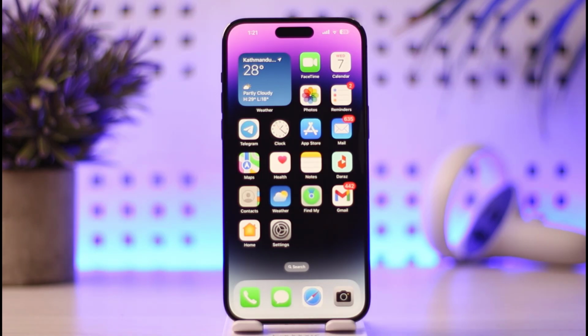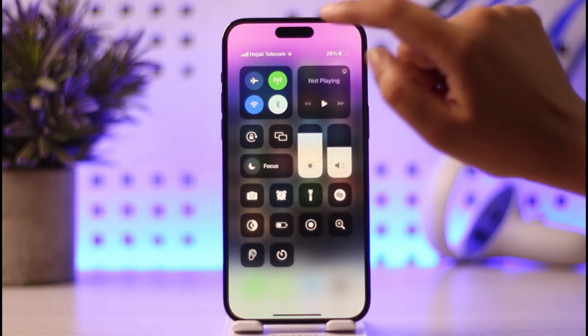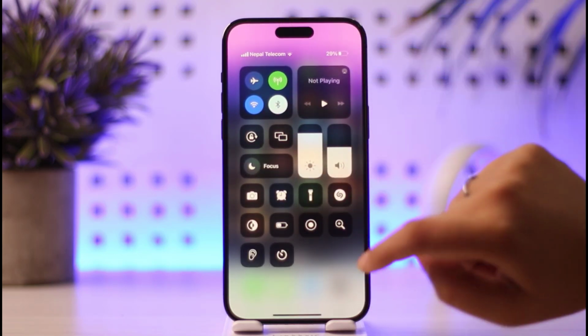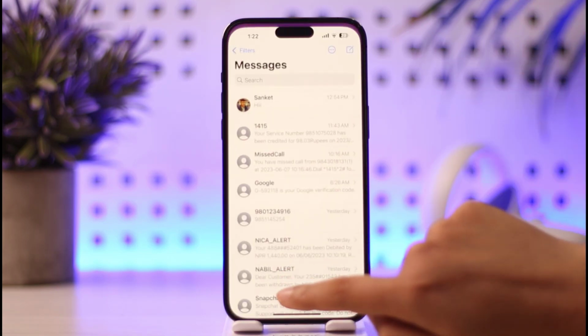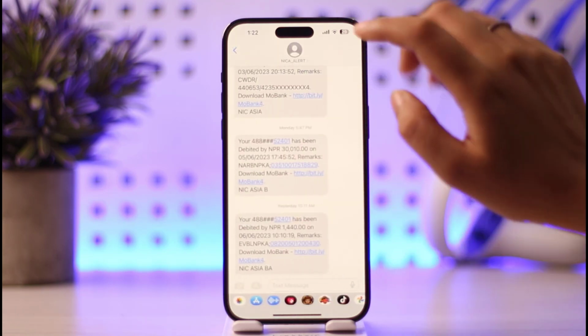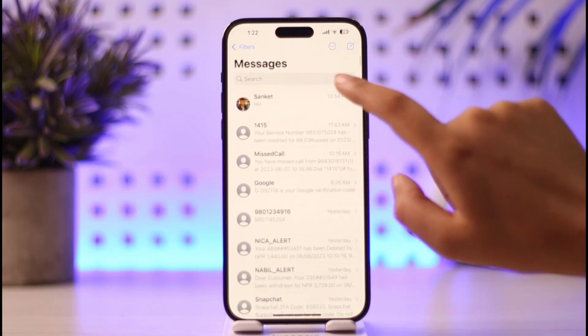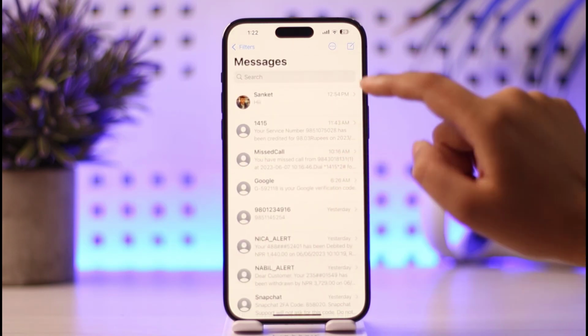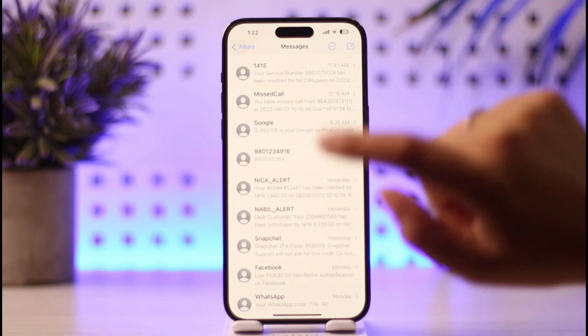So if you want to just check the message and you don't want to open it, one thing that you can do is simply check here in your status bar. The other thing is that you will simply go to your message box, and for example I want to check this message. You will see all the messages written right over here, as you can see. But if you want to see the whole conversation, like it's a long message, what you're gonna do,